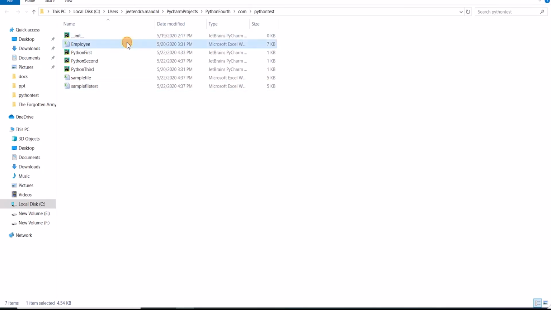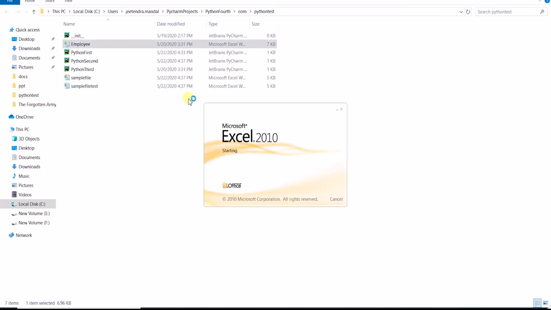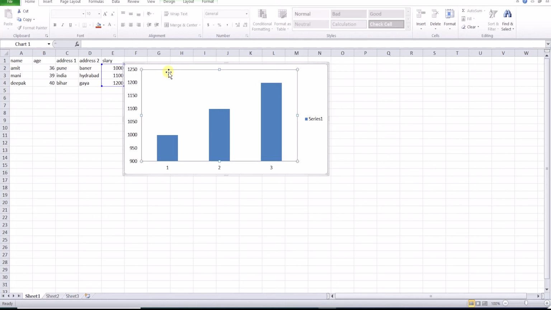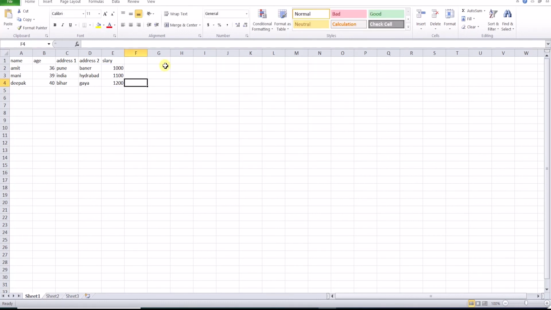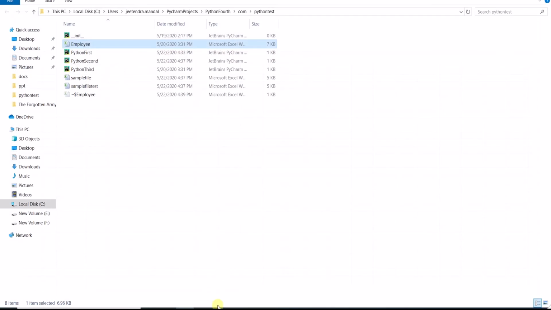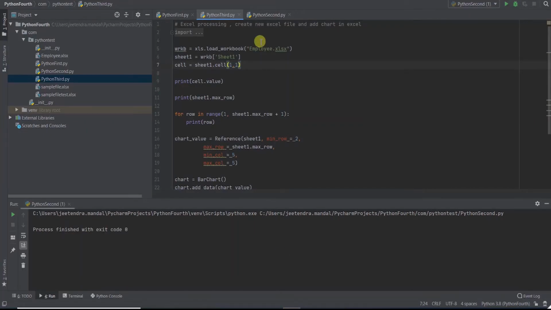I've created an employee Excel file where I have added some values. I'll save it, and then I'll read this Excel file.